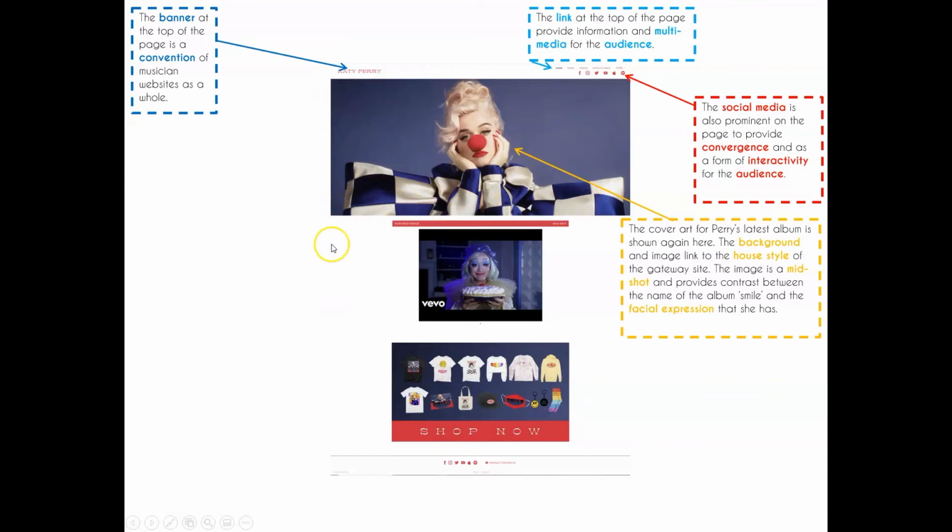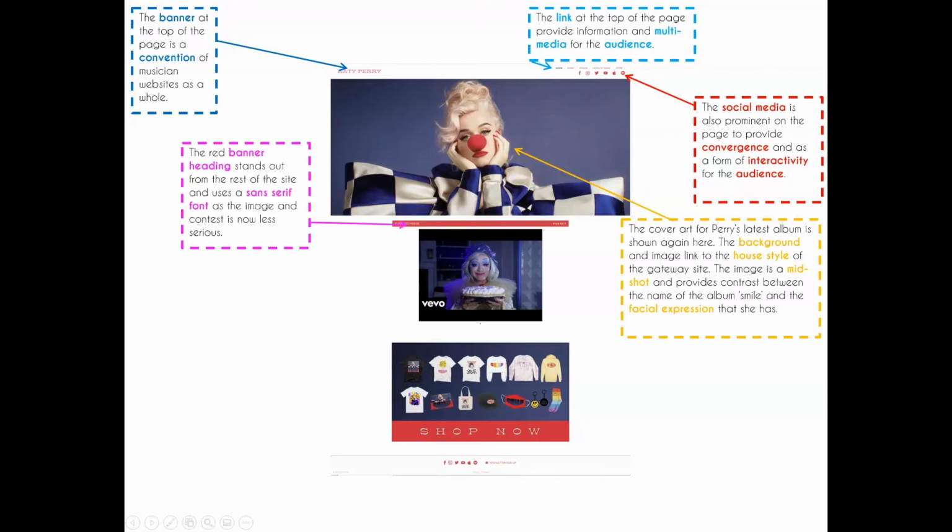Anything below this line is considered below the scroll, and you have to physically scroll down to get to the rest of the page. Now the red banner underneath that is obviously contrasting and stands out from the red, so it's something that's quite visual and engaging. It also uses a sans serif font, so we've changed from serious and sophisticated because now the things that we're going to see are less serious because they're videos, or as you can see here, the merchandise